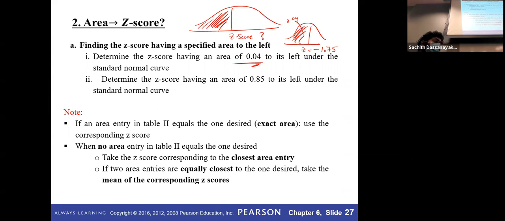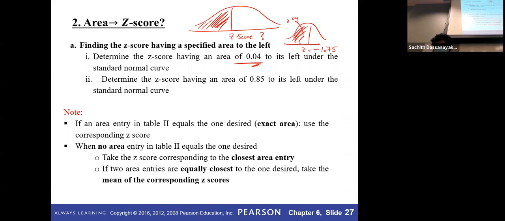Okay, questions? I know this is a little bit hard, but there is no other way out. You have to understand what is going on here and how we find these particular values. Both ways: the C value is given and you have to find the area, or given the area, you have to find the C value. So you have to deal with these two scenarios. Any question? I mean, it is hard because I cannot write on this PDF.